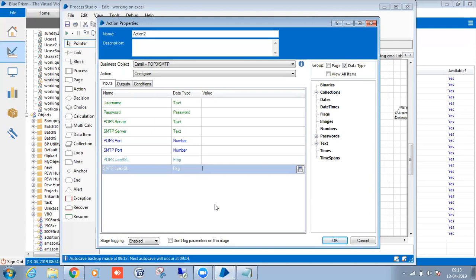Why? Normally, for our local laptops, I have the details. But if you go for VMs, they are going to provide them to us. There are some paths they are going to provide. That we will put in the environment variables, and we will take it in real time. Okay, this is email POP3 SMTP. See, it is already configured.